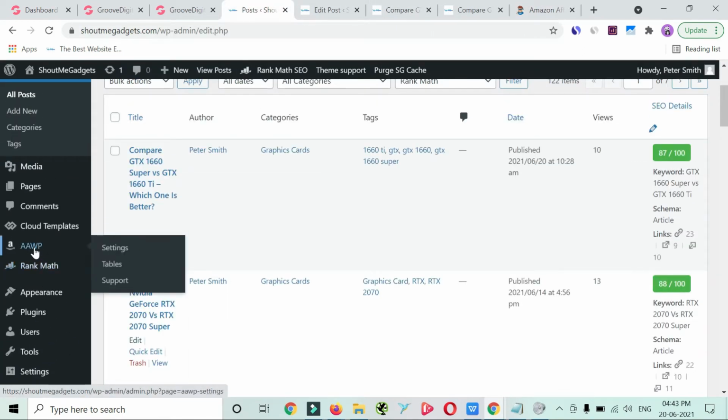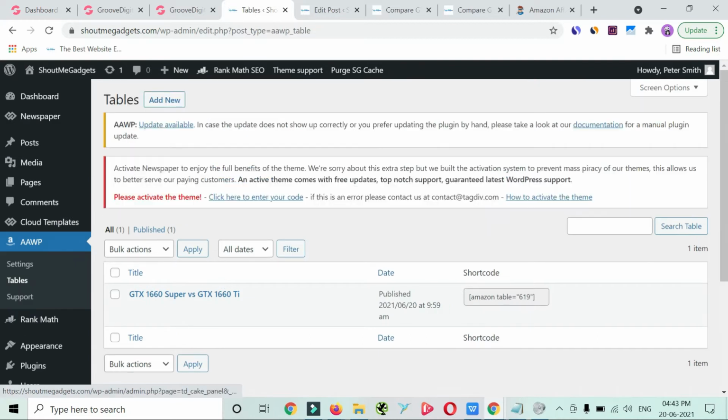So when you log in to the dashboard, you will see this icon. Just click on the tables icon. I have already created one table via this plugin for this website. Now I'm going to create another table from scratch for you guys so that you will see the whole process.